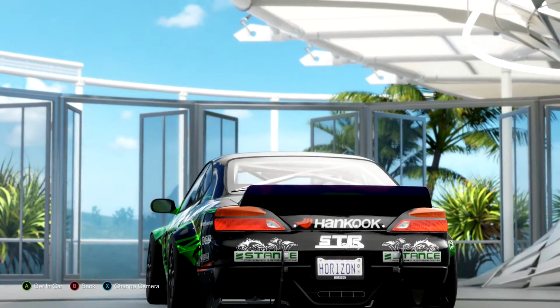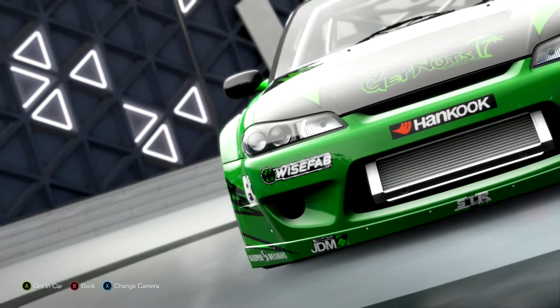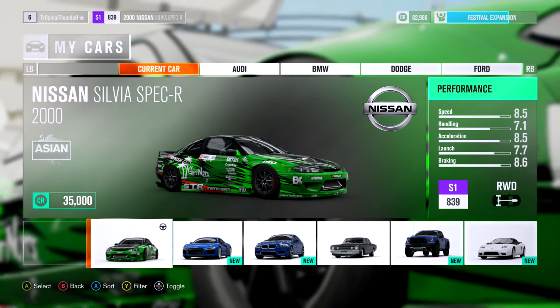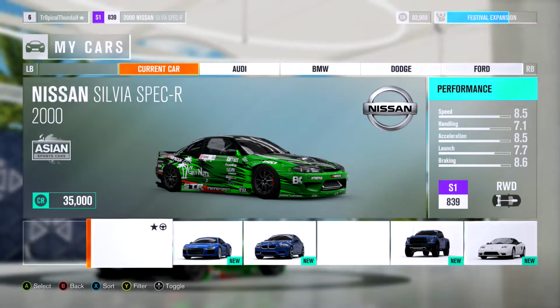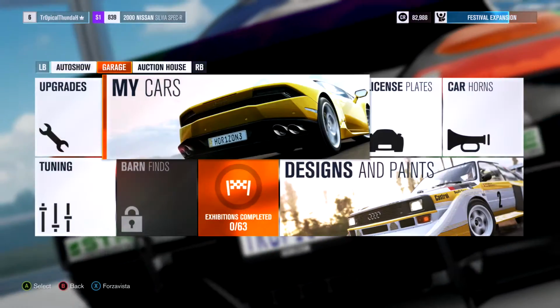Today I'm gonna try something a little different. I'm gonna try to show you guys my drift tune for my Nissan Silvia Spec R 2000. Oh wait, I'm already in this car. So let's go to upgrades,